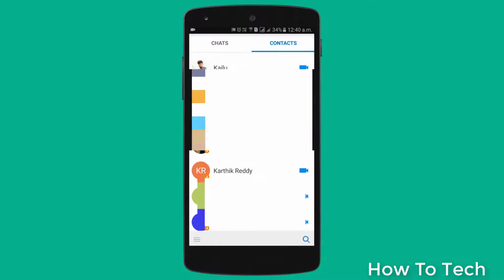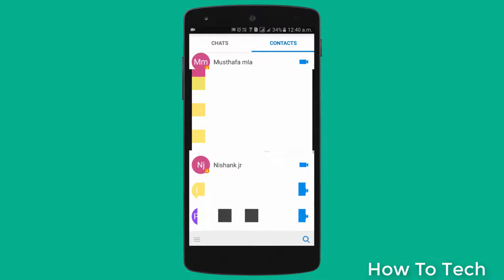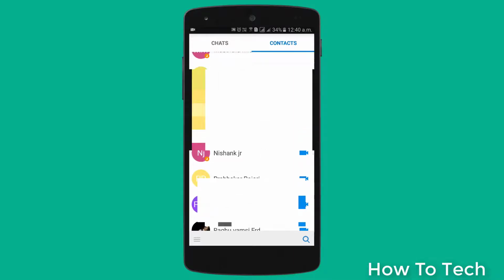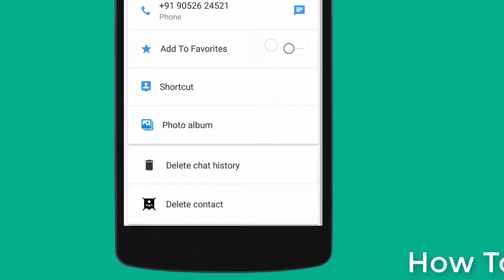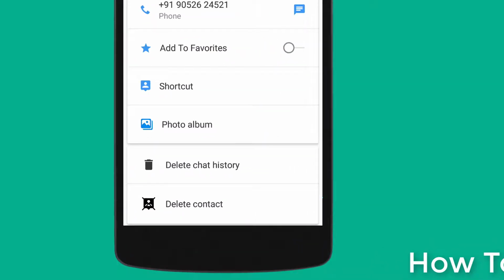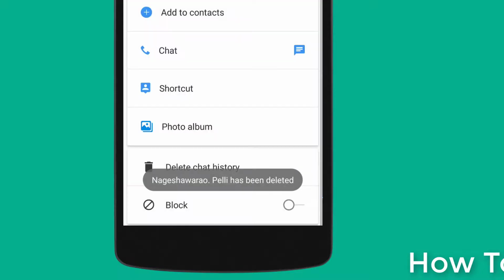Let me select one. Just click on the contact and you will be getting the options. Just click on icon and scroll down and you will see the delete contact, and just press the delete contact